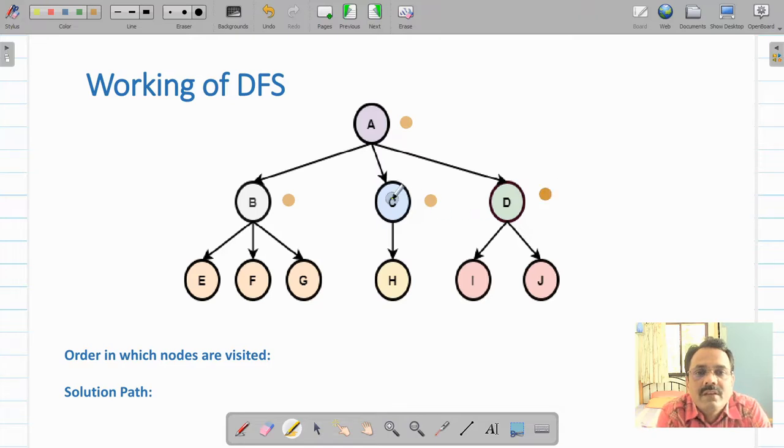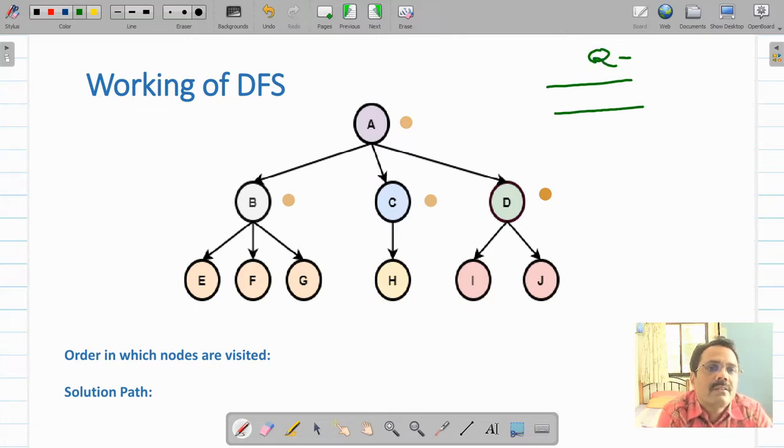Then later on you will have to come back to C, again D. So somewhere you must store this node. So for that purpose, one list you will have to use for storing this node. Suppose I call that list as queue. Actually it's not a queue data structure, or simply you call this as list.